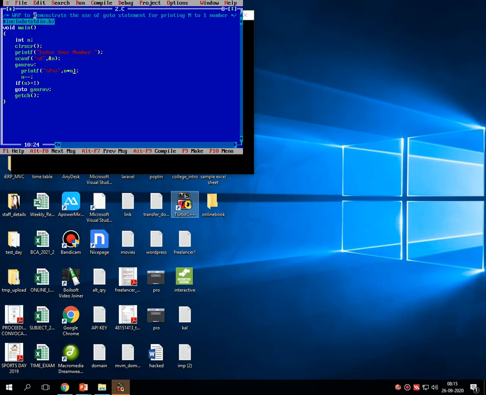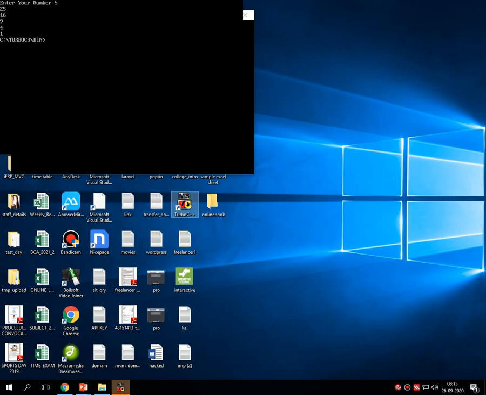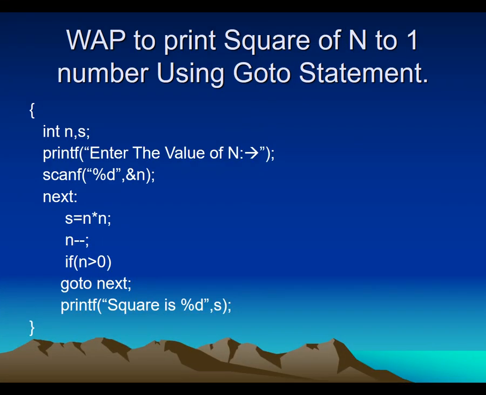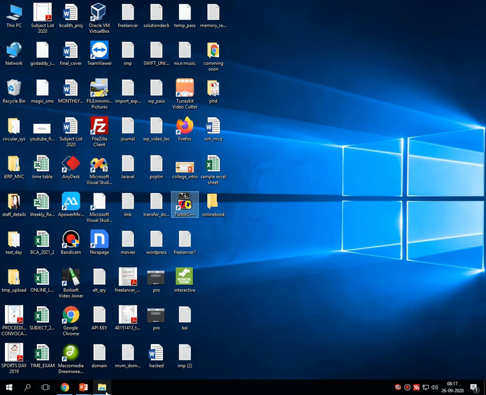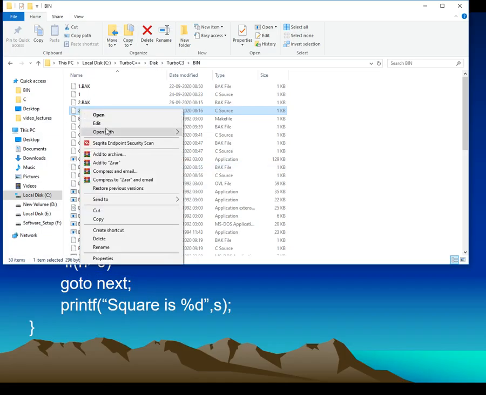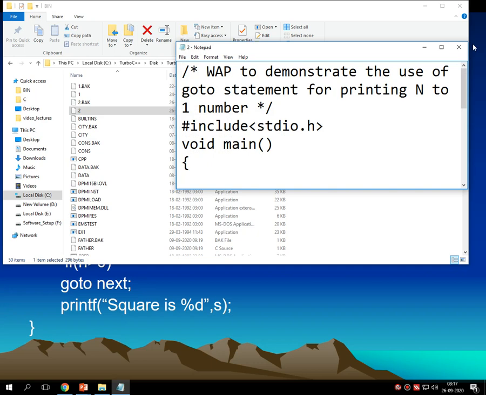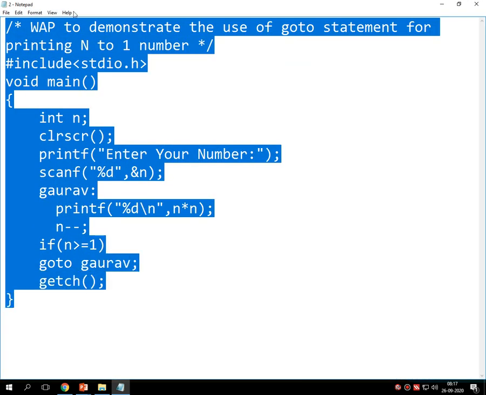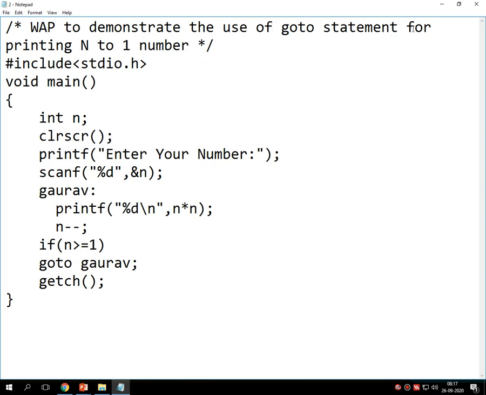Now let's see this code properly onto the screen in Notepad. Same, my program is there. Write a program to demonstrate the use of goto statement for printing the square of n to 1 numbers.